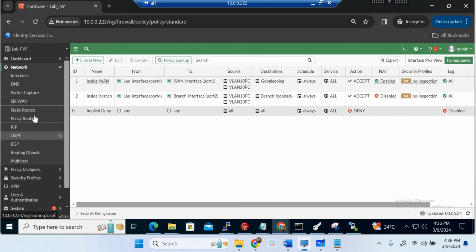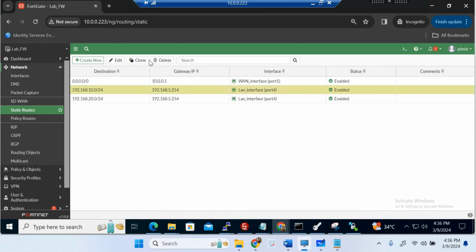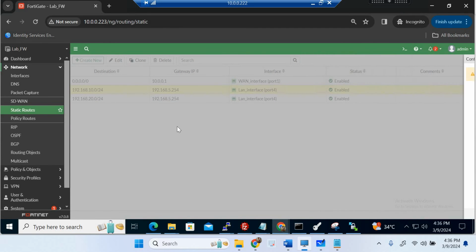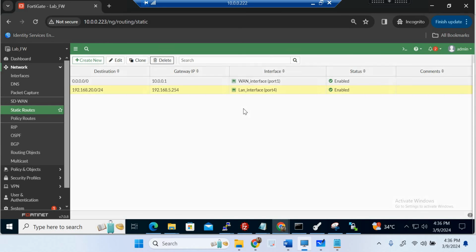Network static routes, delete this as well. Okay,